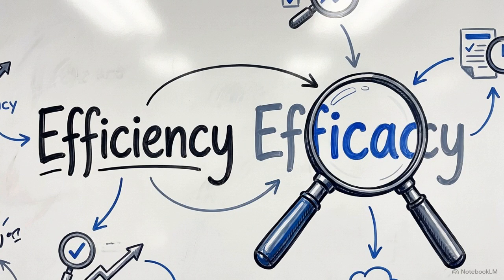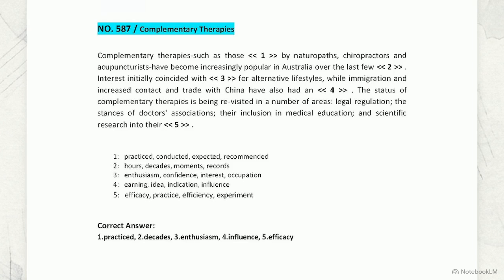Distinguishing between similar-sounding technical terms like efficiency and efficacy is exactly the kind of critical competency that secures high-level PTE reading scores. Here is the completed exercise. By applying our structural rules, the paragraph now has a complete, grammatically sound flow.